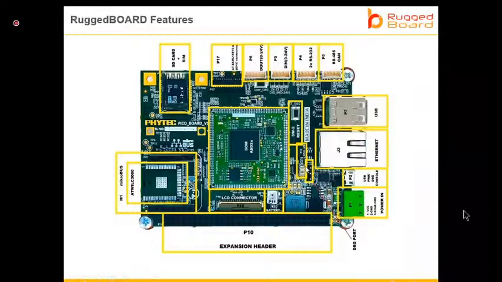So let me quickly define the RuggedBoard, because in most of the upcoming sessions we will be using the RuggedBoard as a platform to show you embedded Linux and all those things, as it is open source hardware. What I mean by open source hardware is that you can build your own RuggedBoard. For people who are interested and believe they want to build a similar kind of single board computer, we make sure that you learn the complete thing within the next 3 months. That's how these technical sessions are programmed. So you can build your own single board computer.